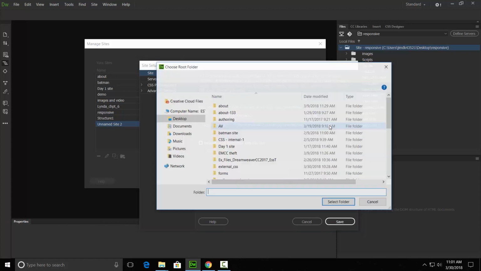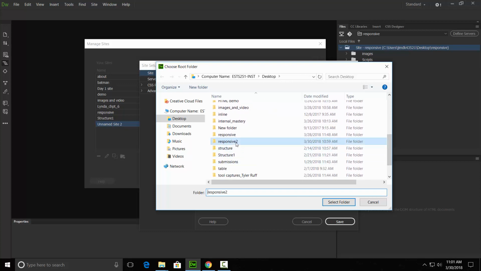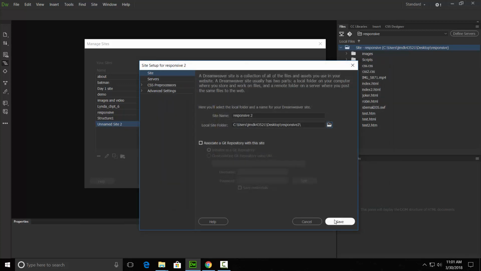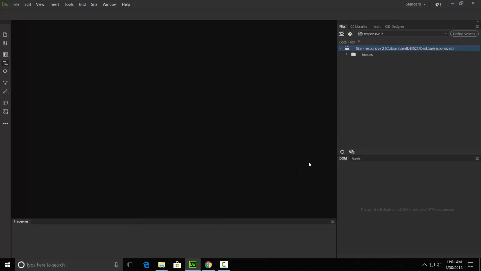And I'm going to navigate to the site folder. So far I've just collected some images into the site folder. Okay, and we'll save that. All right, and then done. And we'll worry about servers later on. And so we'll see that the only thing in this folder right now is a few images for us to